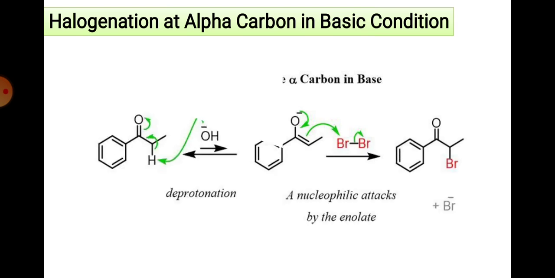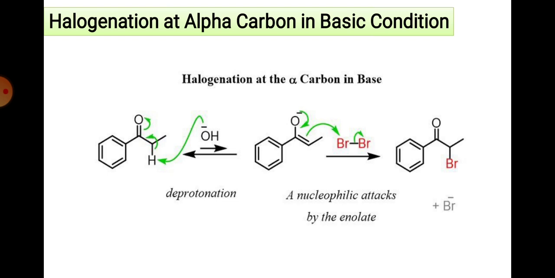Now halogenation, another reaction, which is done by two different mechanisms, either in acidic medium or in basic medium. Identify that in basic medium haloform occurs, and halogenation in acidic medium gives only the monohalogenated product. Look at this reaction, it is in base now. The base abstracts the proton, makes the negative charge, and that negative charge will react with the Br2 molecule.